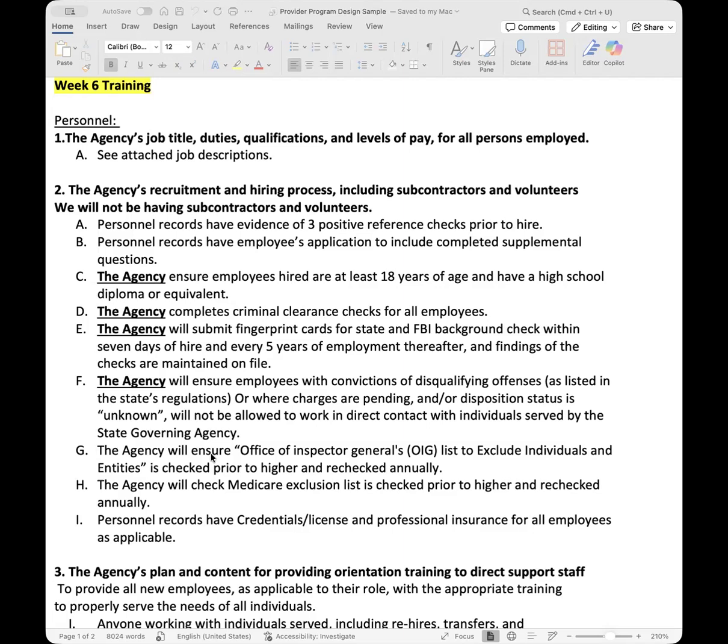They also need 1 year of experience working with the intellectual and developmental disability population, preferably in a day program or group home, which would be super helpful. And then they'll need to take an administrative training that the regional center offers. So that is one person that you definitely will have to have day one when you submit your application.